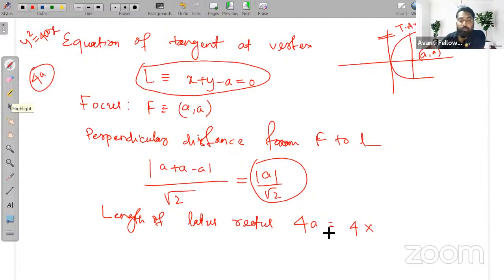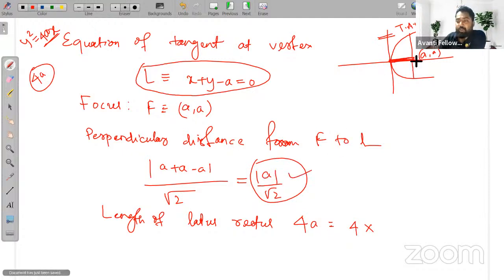So here, what is a? It is not given. So what is a actually? A is the distance from this point to this point. Yes or no? Yes. So if you are taking this distance as my a, then here the a will be,